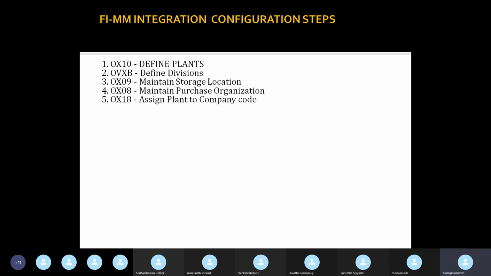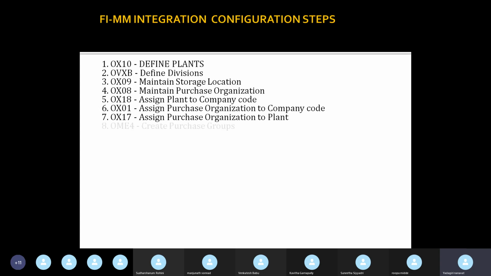OX08 maintain purchase organization and OX18 assign plant to company code. OX01 assign purchase organization to company code, and OX17 assign purchase organization to plant, and OME4 create purchase groups, OMSF